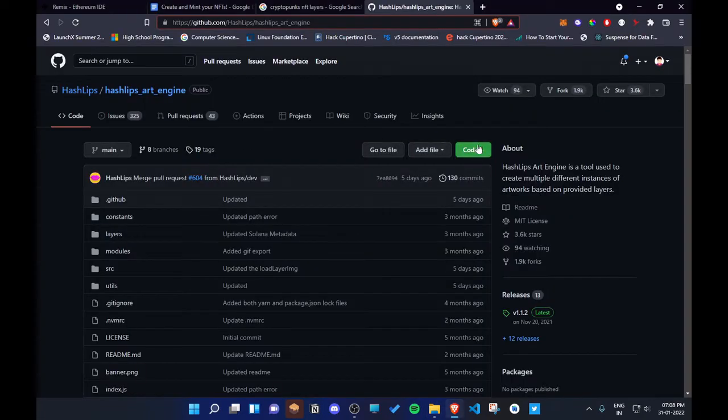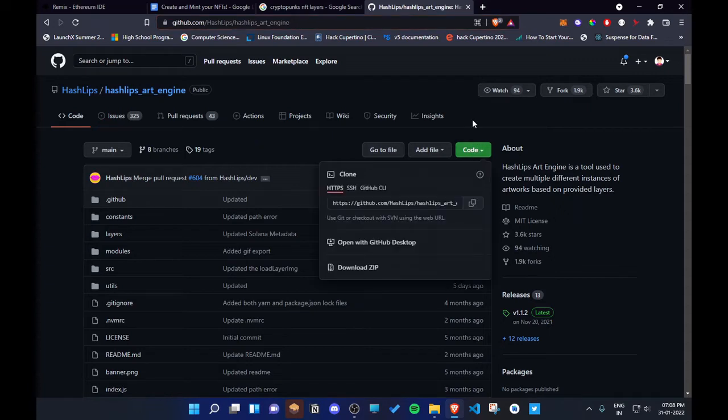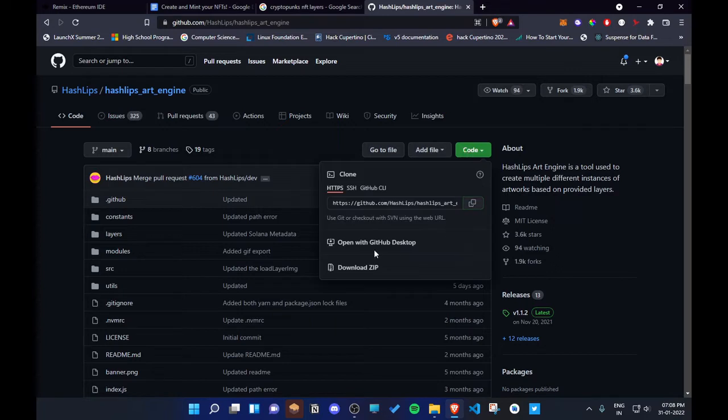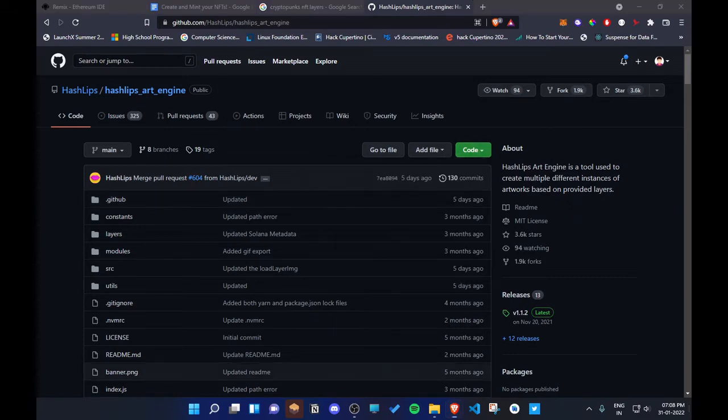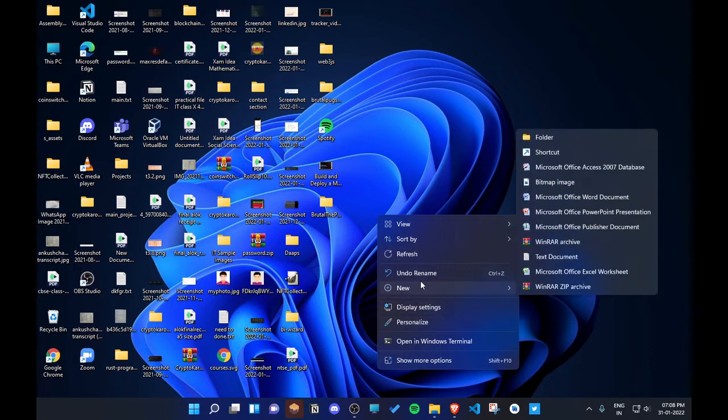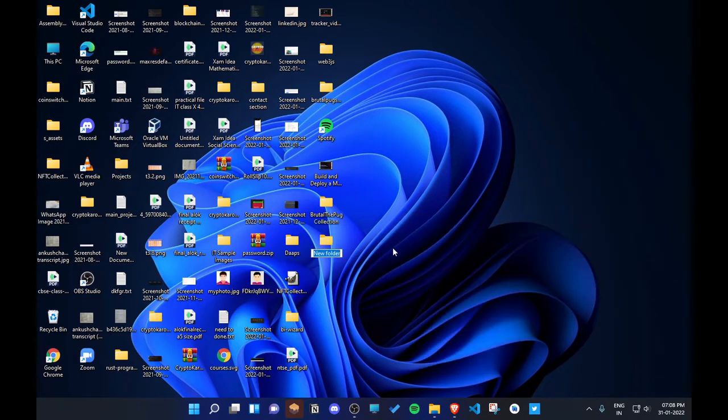Now if you have knowledge of GitHub or Git in general, you can just clone this from here. If you have never heard of what Git or GitHub is, then just download a zip file from here and extract it, right? So I can just copy this command over here and make a new folder on the desktop, and I can name this YT